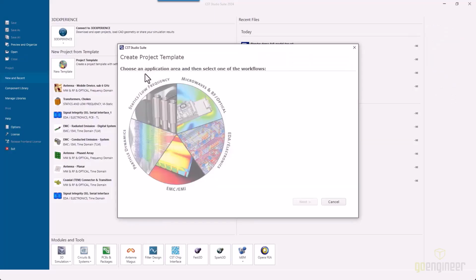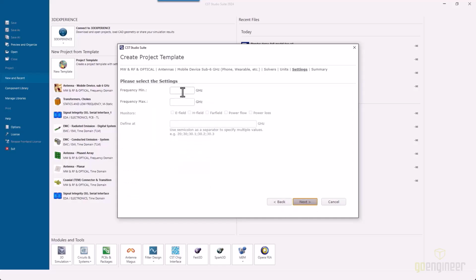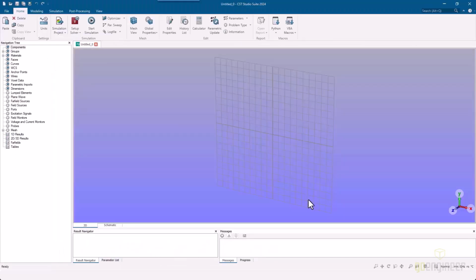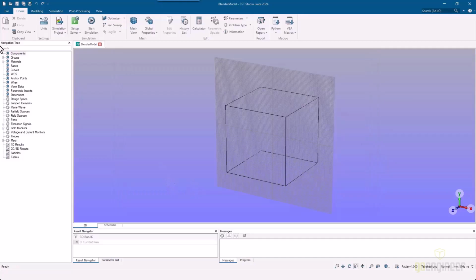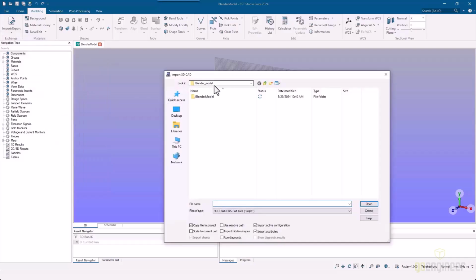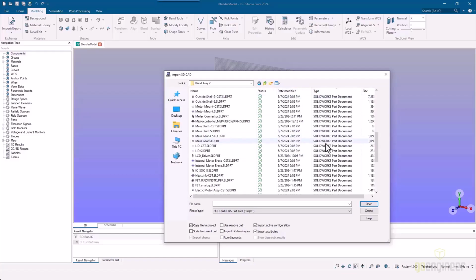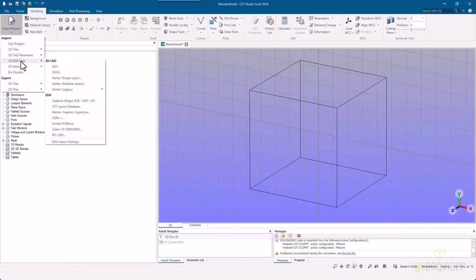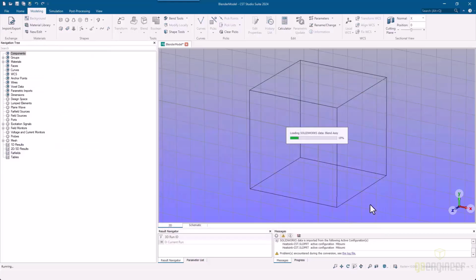Now from there, what Clint actually did was an analysis on the blender itself. So he's setting up the analysis, he's bringing in the full blender model, and he's generating this inside of CST Studio. So he's picking up the blender model, bringing in the assembly, and he's going to pick the parts that are critical for what he is doing. So we can pick this up. It's loading that into